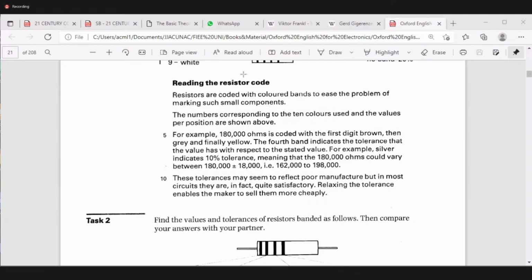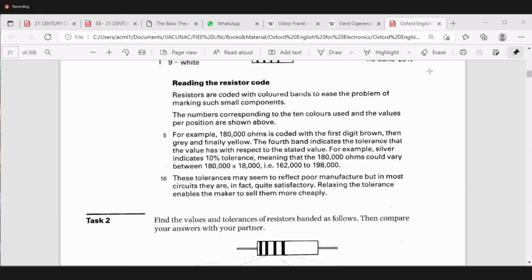For example, 180,000 ohms is coded with the first digit brown, then gray, and finally yellow. The fourth band indicates the tolerance that the value has with respect to the stated value. For example, silver indicates 10% tolerance, meaning that the 180,000 ohms could vary between